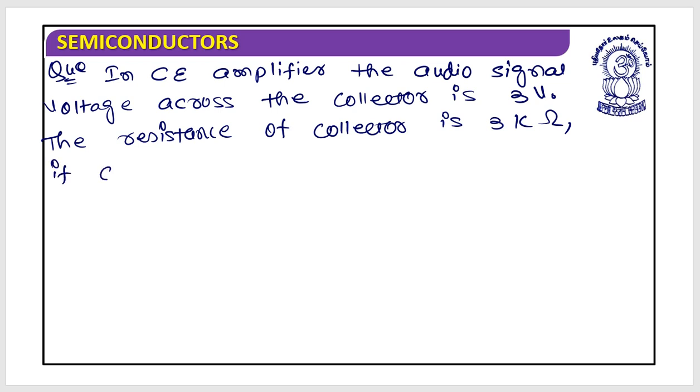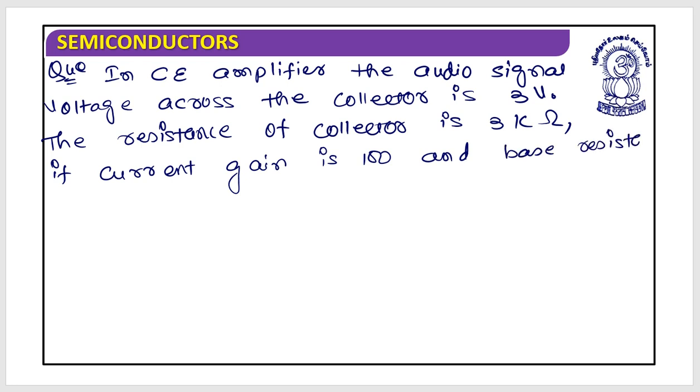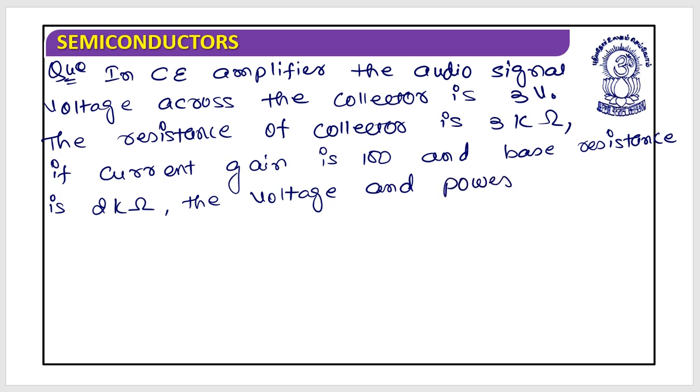If current gain is 100 and base resistance is 2 kilo ohm, the voltage and power gain of the amplifier is